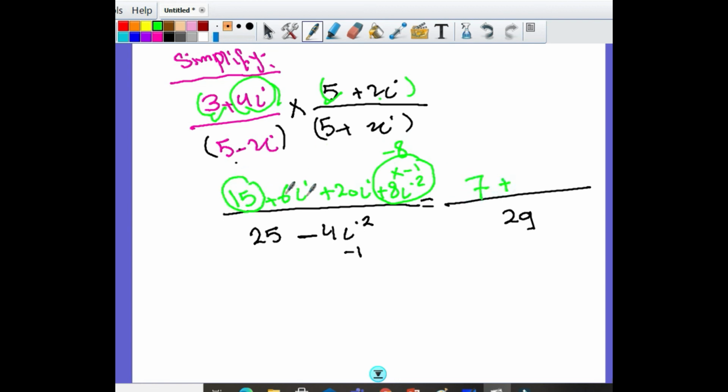7 بلس دولت لايك تيرم. ليه لايك تيرم؟ عشان هما الاثنين ليهم نفس الباور i و i، يبقى 26i. Get it؟